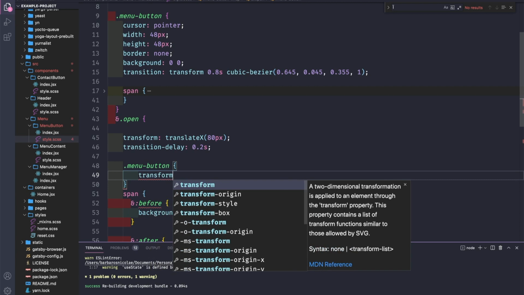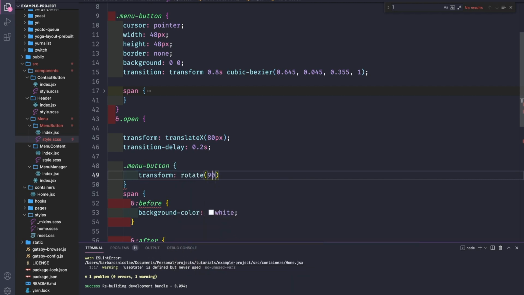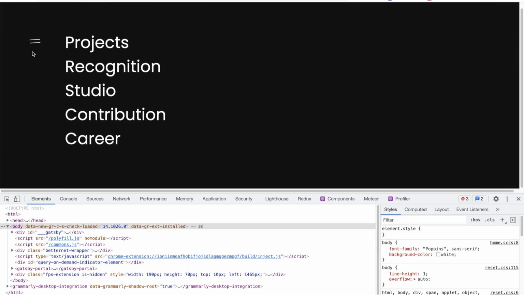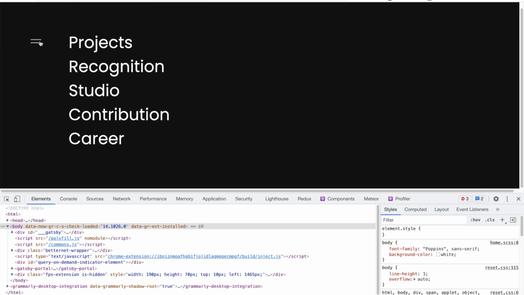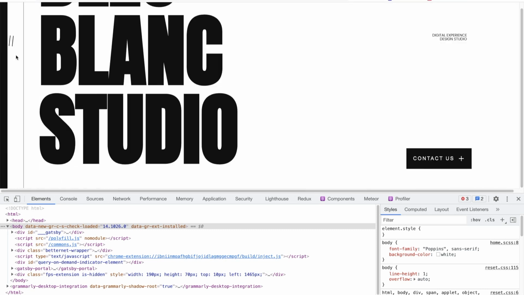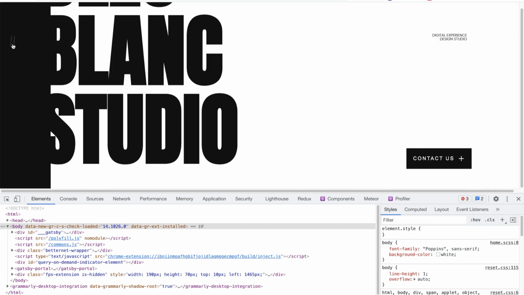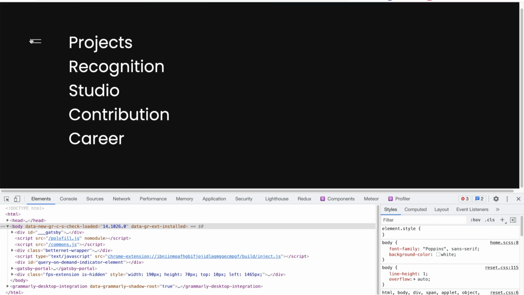Now the transform rotate 90 degrees. So now we'll have the menu also rotate 90 degrees, and you see that it starts, and that transition delay pays off here. You see that first it rotates and then it translates to the right. Yeah. So now what we're gonna do is we need to translate and rotate these two lines to make it